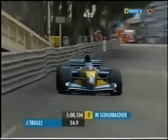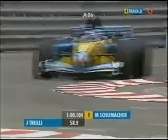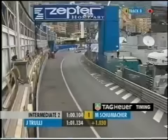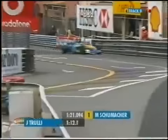Now, we saw back in Austria the Michelin runners, particularly Montoya and the two Williams, how much they were getting with their Michelin tyre. Now it appears that at Monaco the problems are afflicting Bridgestone and Ferrari. Jarno Trulli looking like he may well improve on this lap. He's currently third fastest behind the Ferrari of Schumacher and the McLaren of David Coulthard, but this could put him